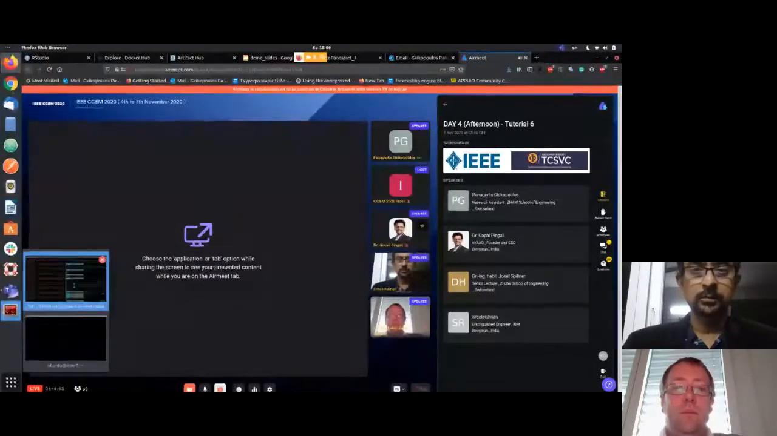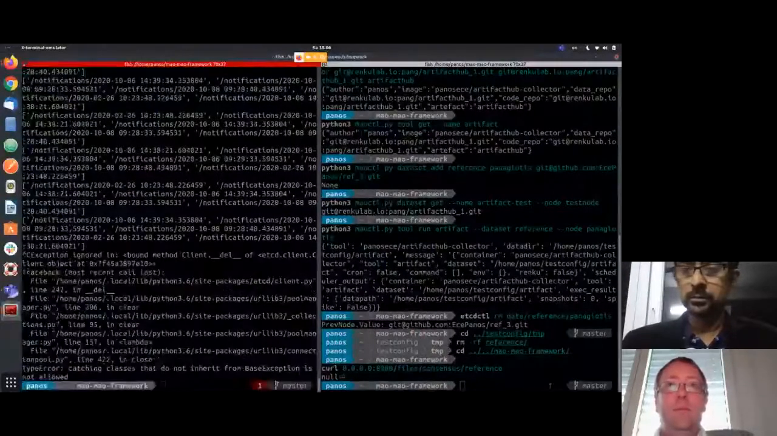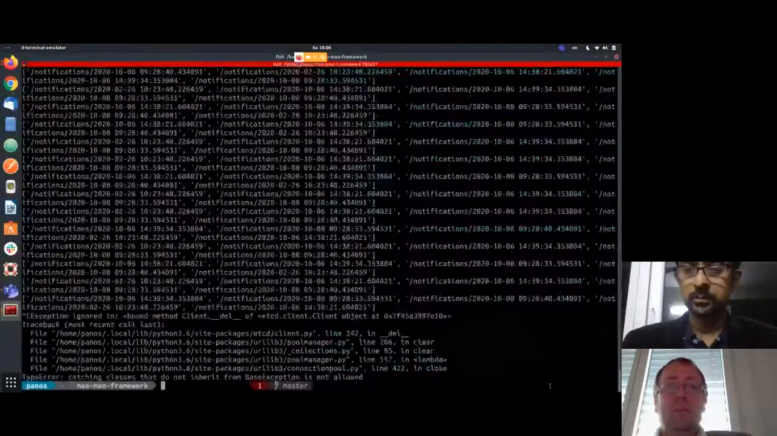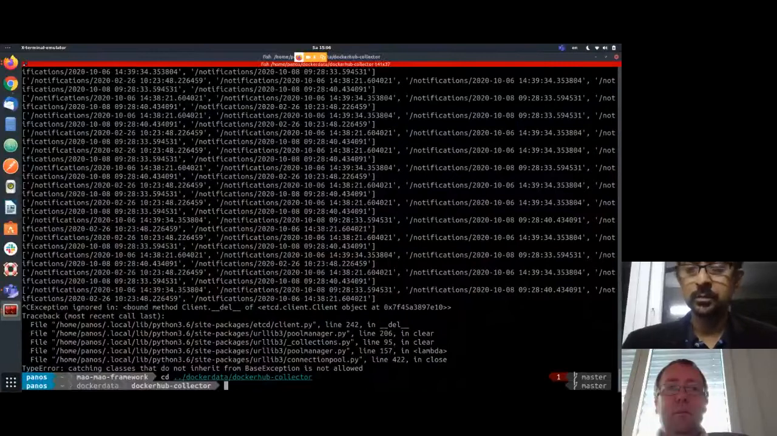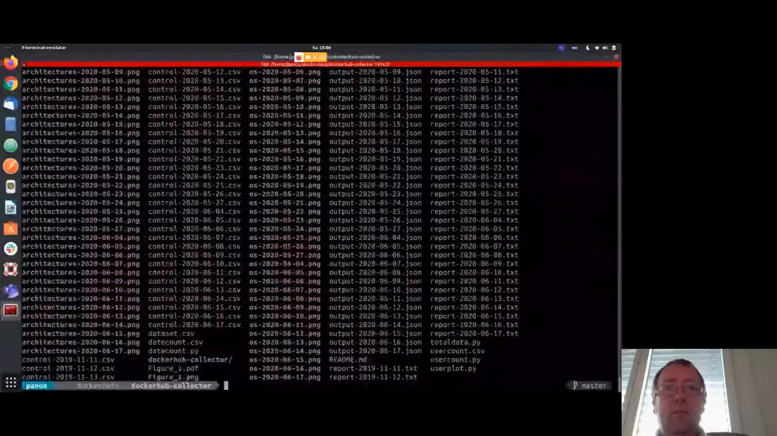Let me just stop the scheduler for more screen space. Okay, and now we can show the Docker Hub dataset. So this is an export I made from one of the nodes. If I just list the files, you will see that it has been running every day since, I think, November 19th, 2019. And it basically produces a raw output JSON file every day. It also produces some example graphs. So I can open one of